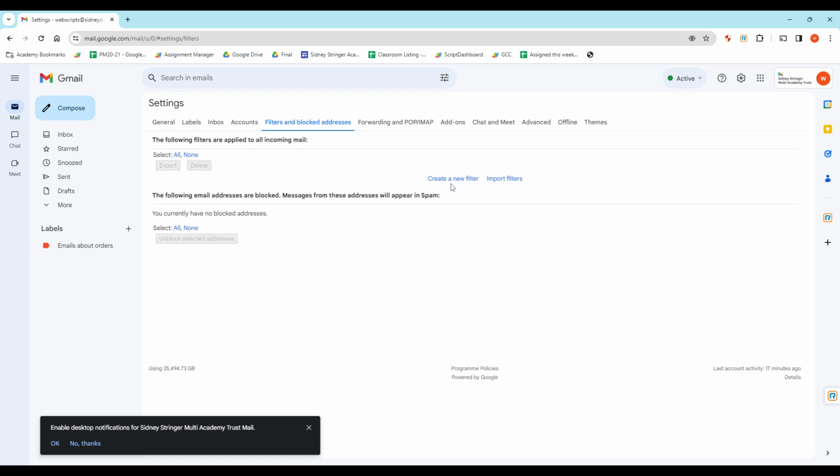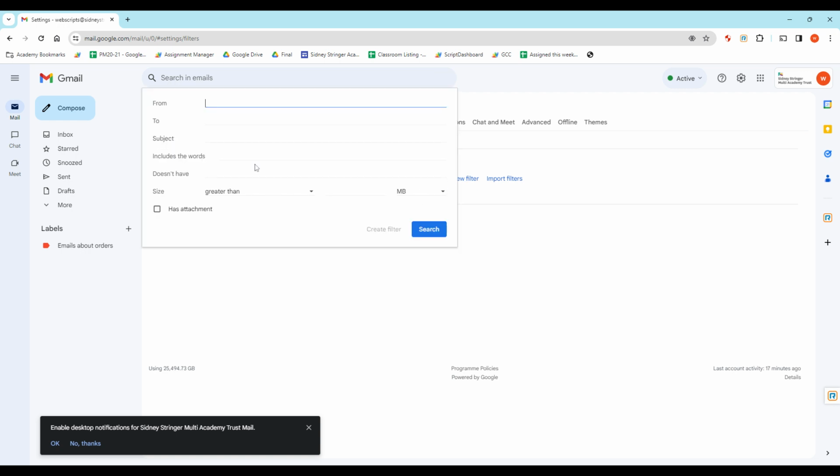simple filter. If you click create a new filter, I might say that any email from Paul Jones, I want to go to a particular label. So I know that message is filed separately. I can put other conditions in as well. It might be that with a certain subject, emails that includes certain words. So, for example, a good one I have is from anyone. So, email, I'll just leave that blank, and I might put includes the word duty rota, and then I'd have a label for any emails that have the word duty rota in them that are highlighted separate, so I know